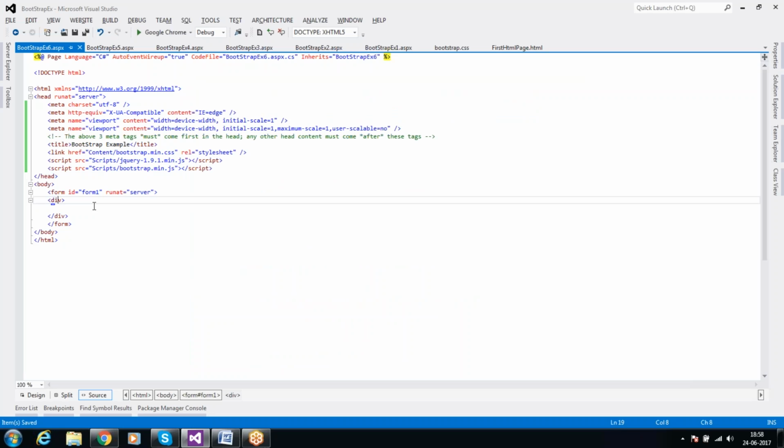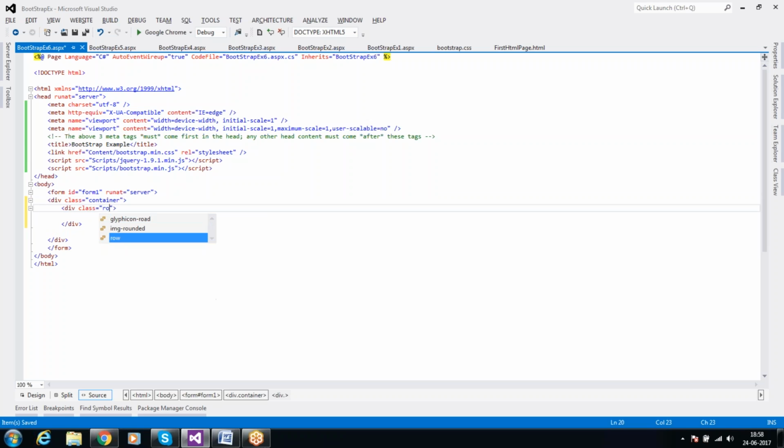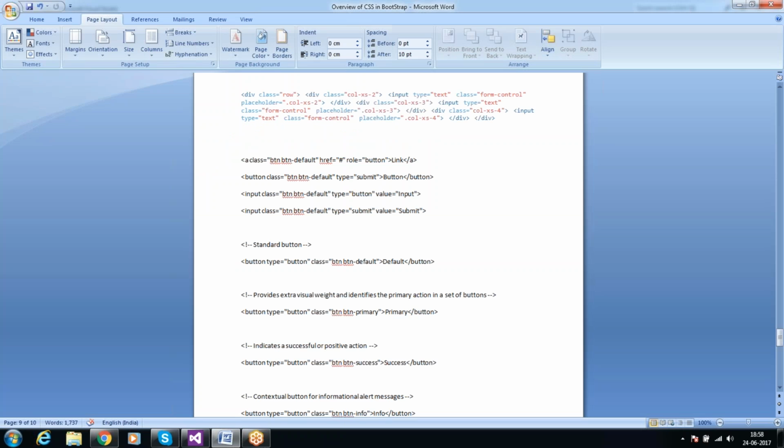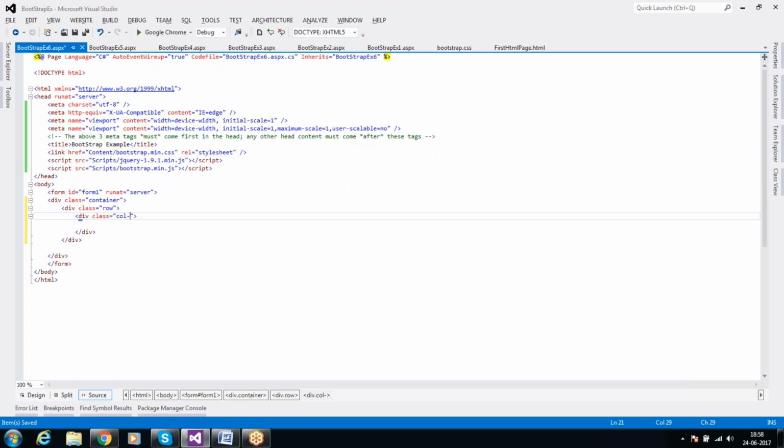So here I would like to take a container. This is my parent class. Usually this is the basic thing, and here I would like to take class equal to row. So this is also quite common. Now I would like to take a div with class equal to column. Here we have different levels of presentation. So I would like to take column